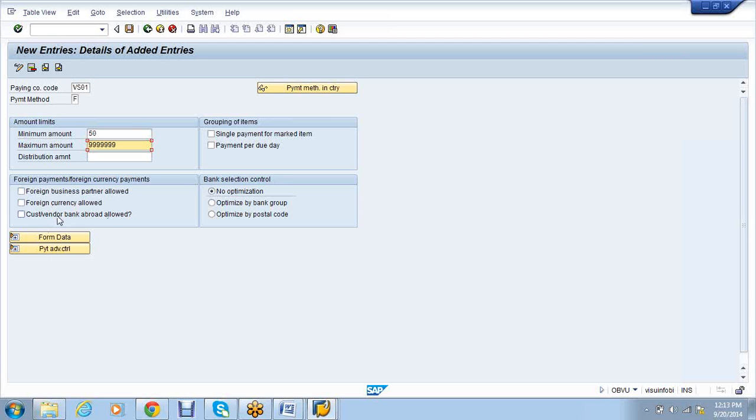business partner allowed, foreign currency allowed, customer, vendor, bank allowed. Okay. Foreign business partner allowed. That means if any of the vendors who are abroad, can I use this payment method for the payment? If I want to use, select yes. Foreign currency payment I want to allow, select yes. Now, vendor is in India, I'm paying in INR currency, but the vendor bank is in Bangladesh. Shall I allow? If you want,